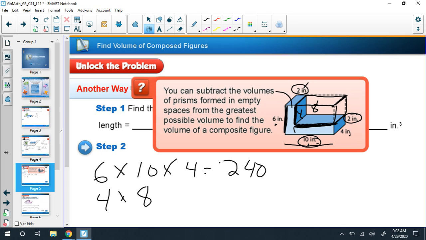And then we need to know our length here from front to back. Well, that never changed. Down here, front to back is 4, so up here, front to back is also going to be 4. So to find the volume of this missing piece, we're going to multiply 4 times 8 times 4, and 4 times 4 is 16, and 16 times 8 is